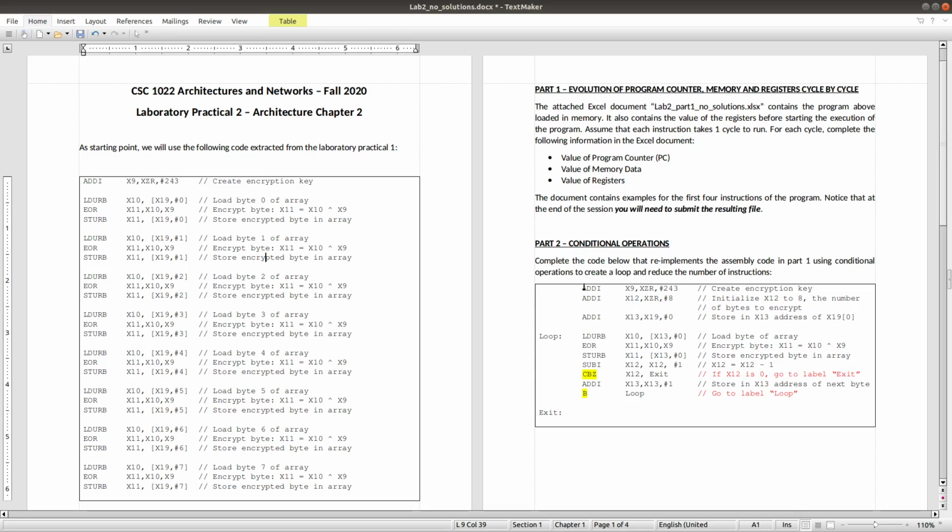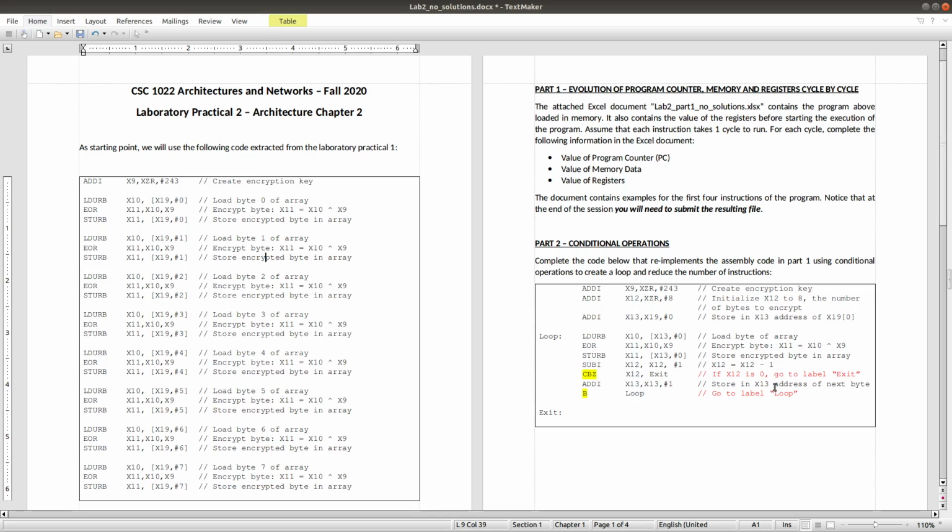But the code in part 2 requires 10 instructions, while the code in practical part 1 requires 8 groups of 3 instructions, so it is 24 instructions, and this one is 25. So 25 instructions in comparison with 10 instructions. Of course you can see that this code is shorter than this code.